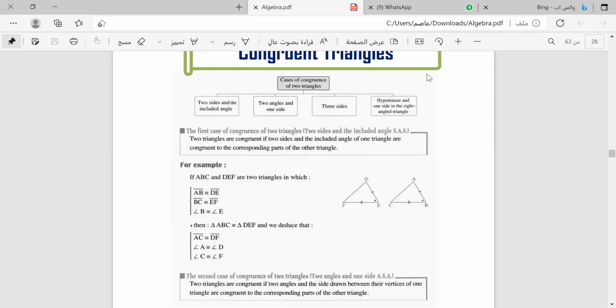In this figure, AB equals DE, BC equals EF, measure of angle B equals measure of angle E. So that triangle ABC is congruent to triangle DEF. So in the first case we used two sides and the included angle. Two sides and the included angle. We can say that